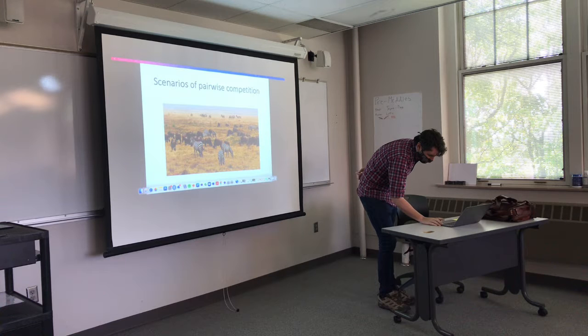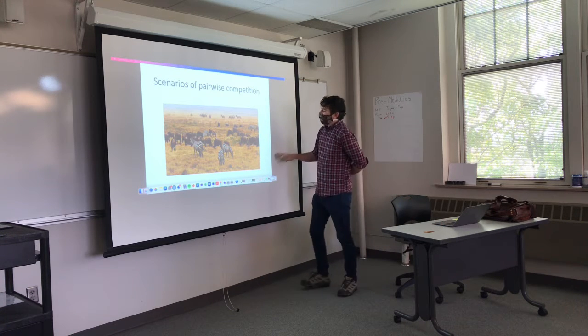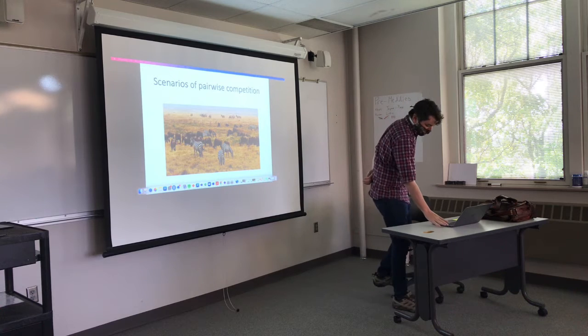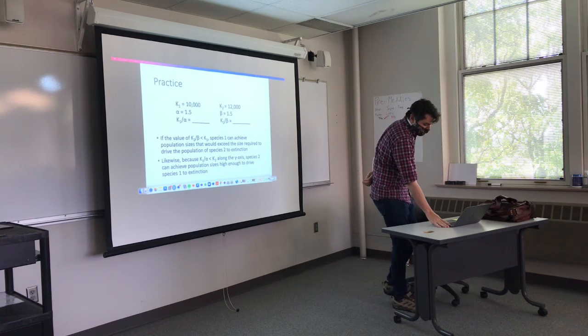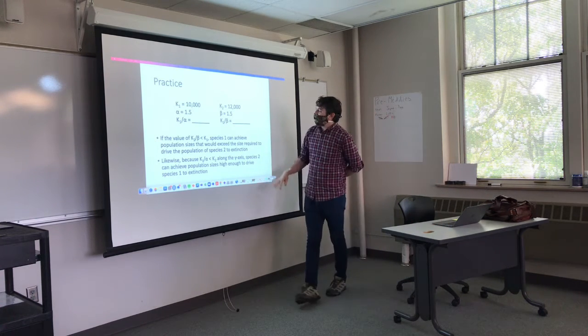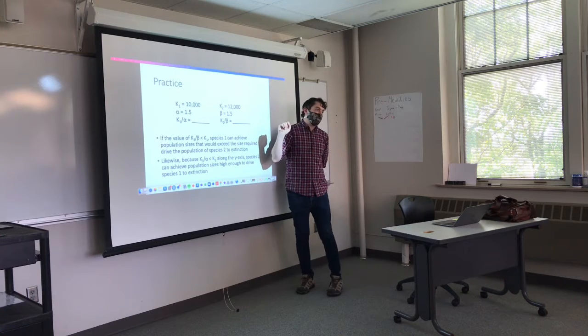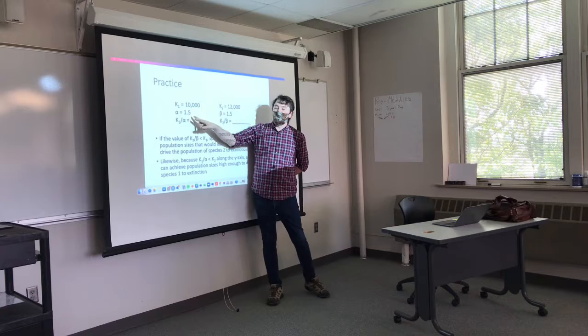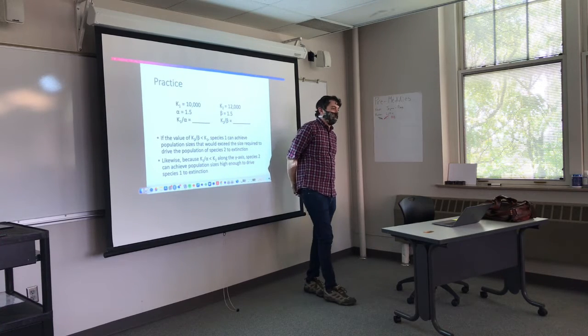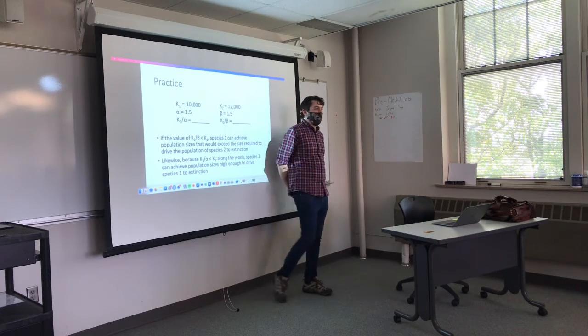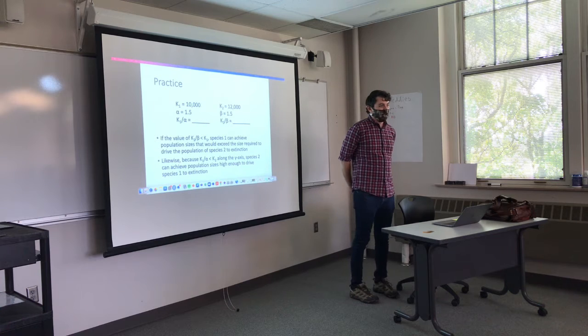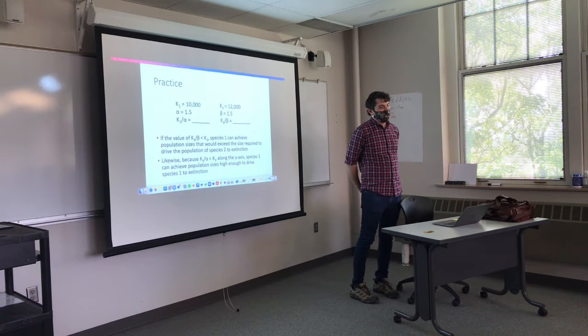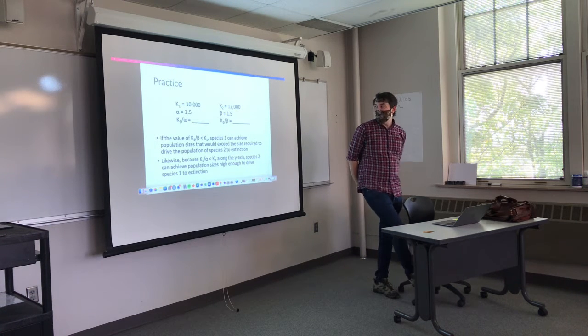Okay, so what I wanted you guys to do for homework was to work out an example like this. Now I gave you 1.2. Why is 1.2 kind of a confusing coefficient to give you there? What's K1 over alpha going to end up being? You're going to calculate 10,000 divided by 1.2